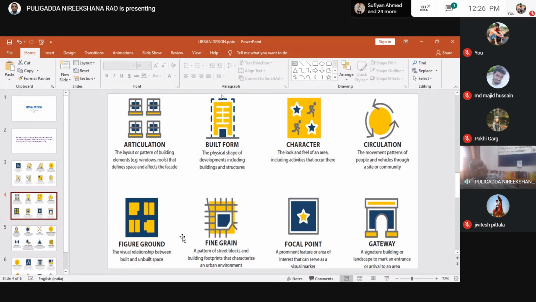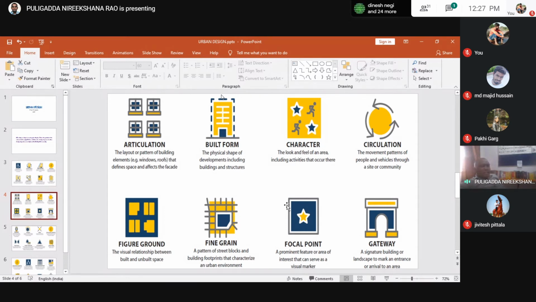So the movement patterns of people and vehicles through a site or a community can be called circulation. Figure ground: the visual relationship between built and unbuilt space. I think Harshit and all of you are able to see the screen.